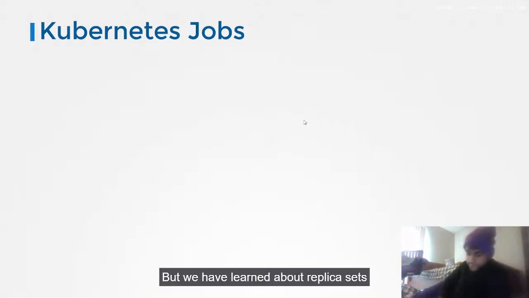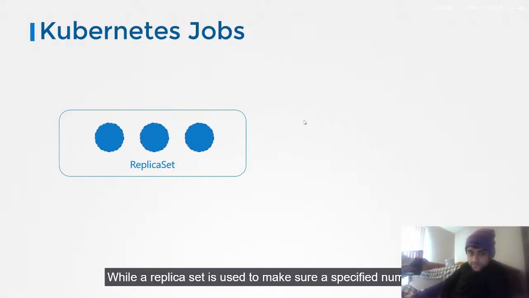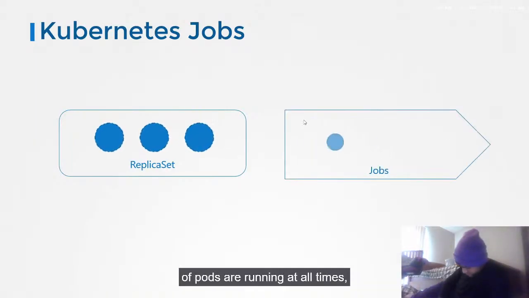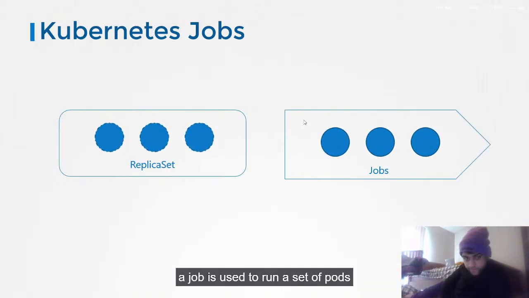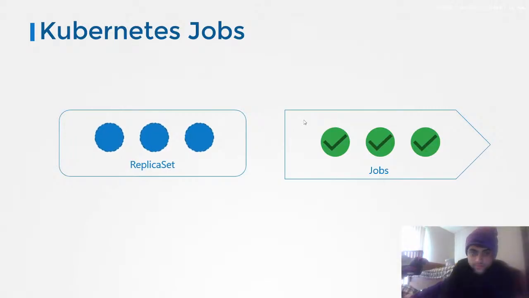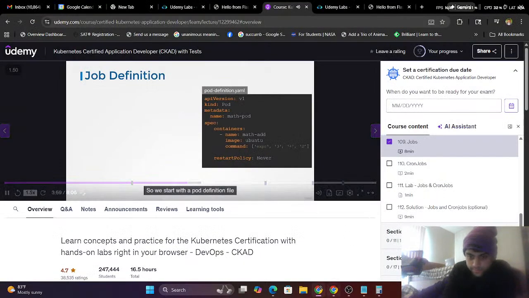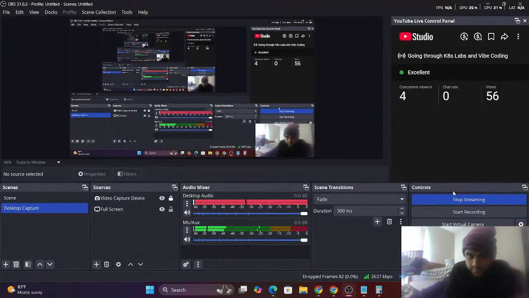But we have learned about replica sets that help us create multiple pods. While a replica set is used to make sure a specified number of pods are running at all times, a job is used to run a set of pods to perform a given task to completion. Let us now see how we can create a job. We create a job using a definition file. So we start with a pod definition file. To create a job using it, we start with a blank template that has API version, kind, metadata,